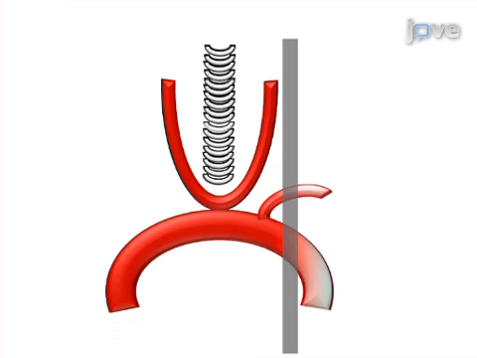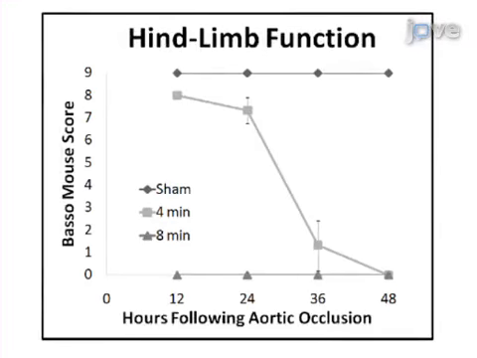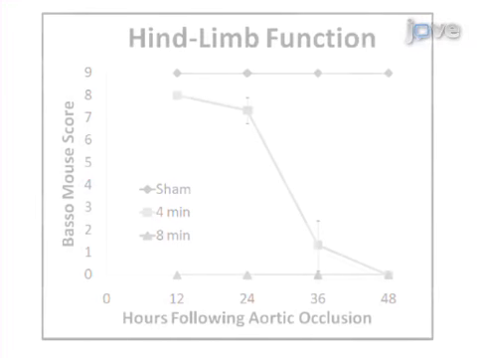the spinal cord. Results are obtained that show a postoperative neurologic deficit which is based on the Basso Mouse score. The main advantage of this technique over other existing methods such as the lateral thoracotomy is that the pleural space is not violated. This method can help to answer questions for the pathophysiology of spinal cord ischemia-reperfusion injury and provide